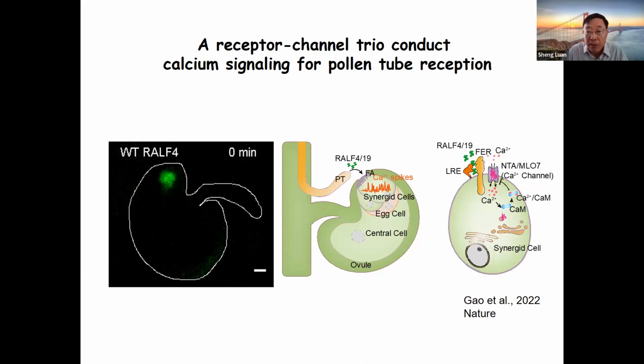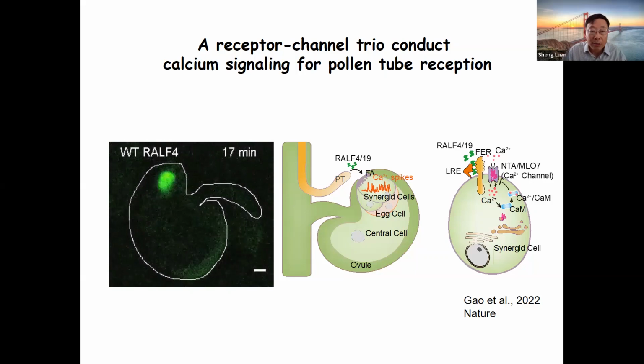And these co-receptors then recruit this NTA calcium channel to mediate the calcium entry into the synergid. And when the calcium level is going up, they bind the calmodulin, and the calmodulin then interacts with the channel and shuts down the channel. So that produces, again, the oscillating pattern of the synergid. Let me show you how this looks using single cell calcium imaging. You see the synergid cell is like a heartbeat, right? It goes up and down, generating this oscillating pattern.